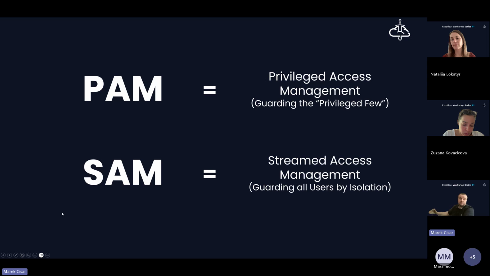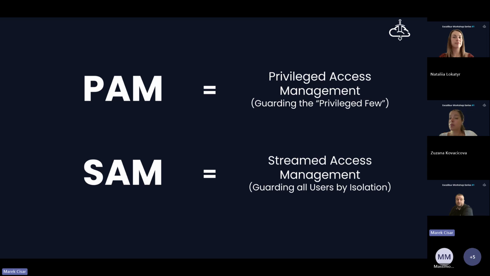I would like to talk a little bit about SAM as the Streamed Access Management. Legacy solutions like privilege access management are just legacy solutions dedicated to a privileged group of a few users, typically system administrators. They use these kinds of solutions in daily operations, and basically that's it.